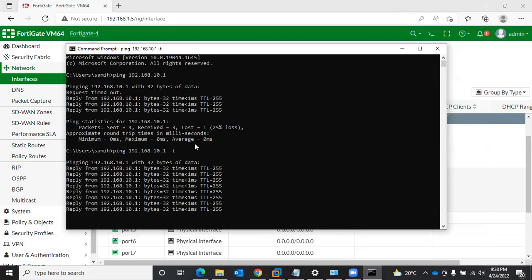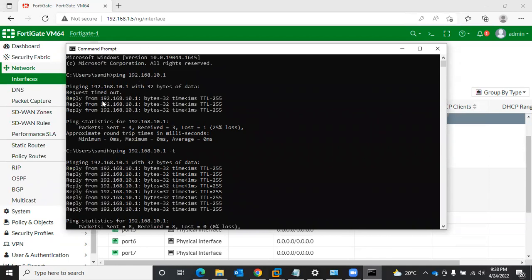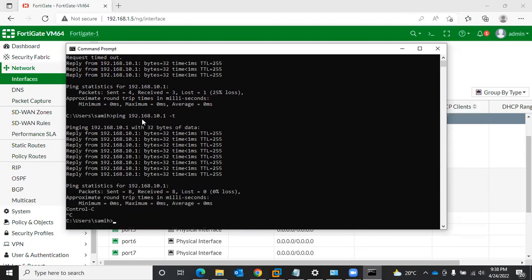We stop it by Control C. Okay. At first you saw that in the first ping there was a request timed out. Sometimes it happens only for the first packet because maybe it took a bit more time for the LAN